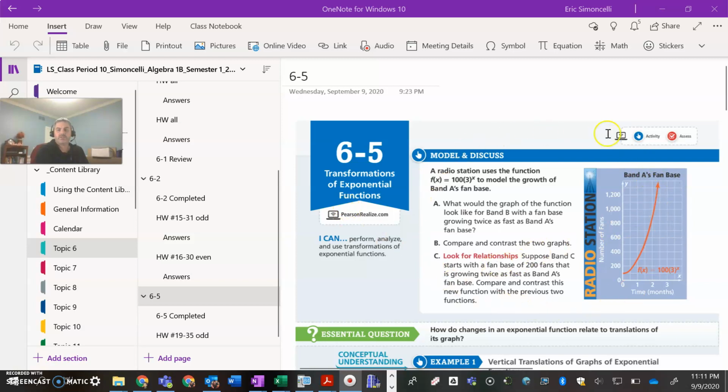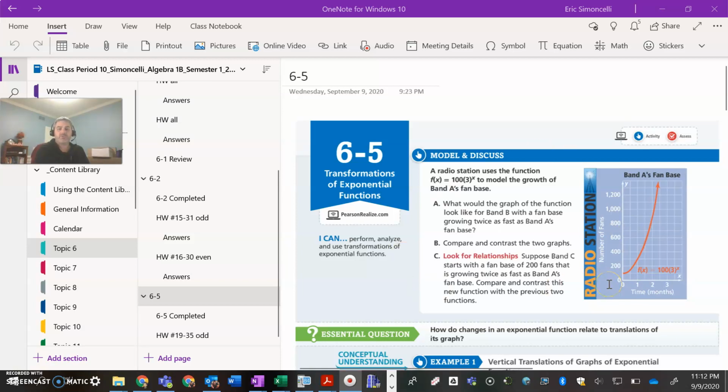There is a model and discuss scenario that I'd like you to look at on your own. Typically these model and discuss scenarios, as we've seen in the past, will help frame our understanding after the lesson specifically has been laid out with plenty of examples. I do want you to take a look at that after we do these examples. We will talk more about how these apply in context later, in the live lessons, but also in the homework discussion time and office hours,